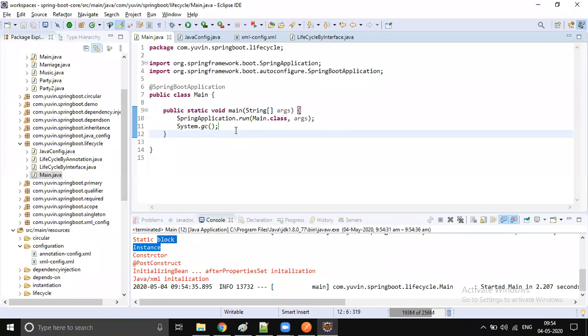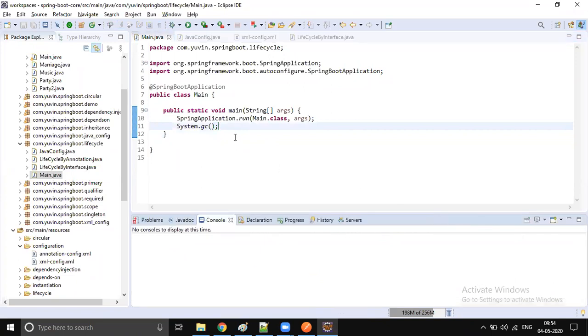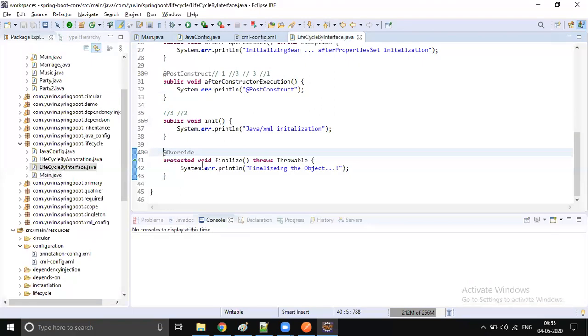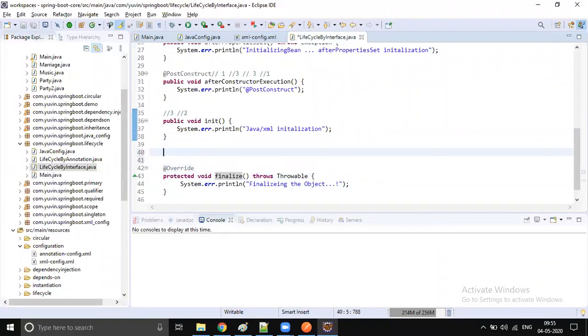It's like writing a request letter to the CM or a minister. You cannot guarantee that the minister will read your request letter and do the process. So we do our best, we write a letter, but you cannot guarantee that the garbage collector may run or may not run. That's why mostly we don't rely on the finalize method. We need our own destruction callback mechanism.